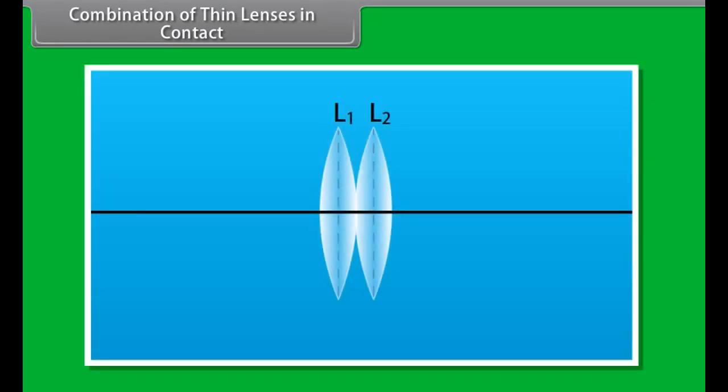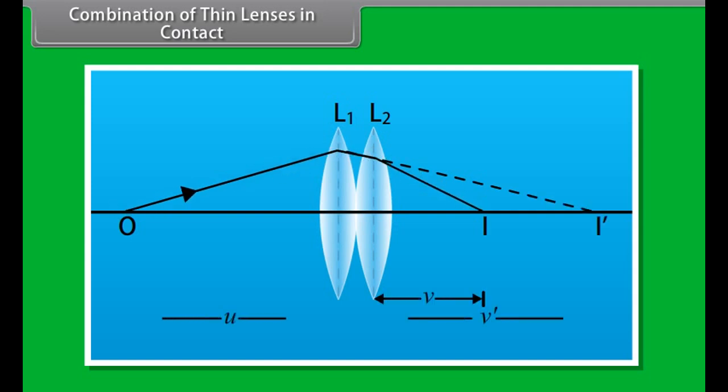Combination of thin lenses in contact. Suppose two thin convex lenses L1 and L2 are placed in contact in such a way that they have the same common axis. The focal lengths of the lenses are f1 and f2 respectively, and the medium is the same on both sides of the lenses. O is a point object on the principal axis at a distance u from the first lens,